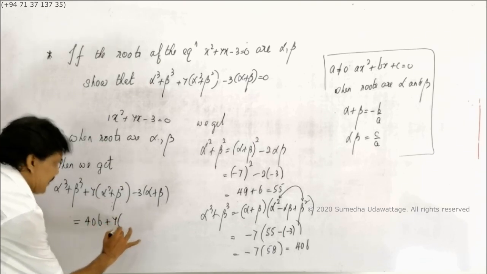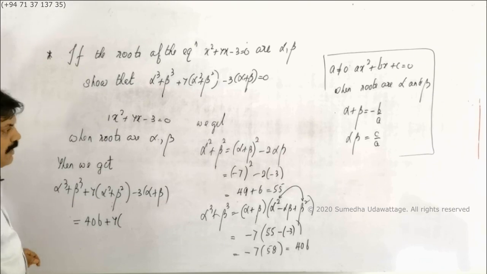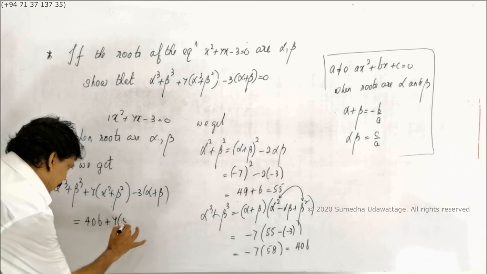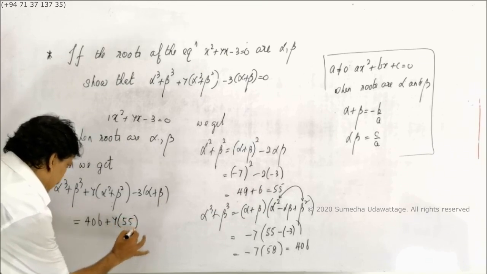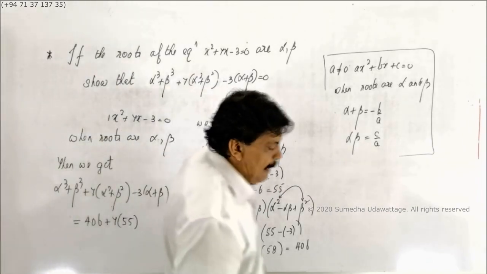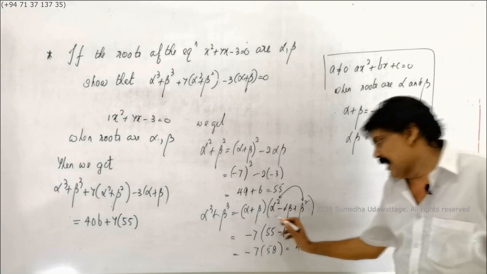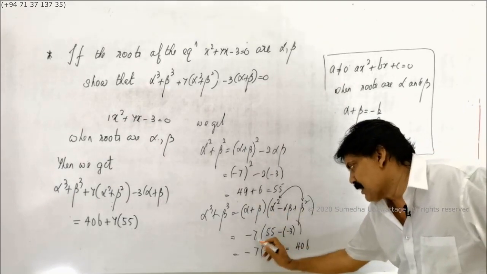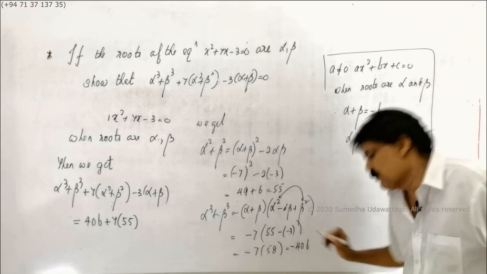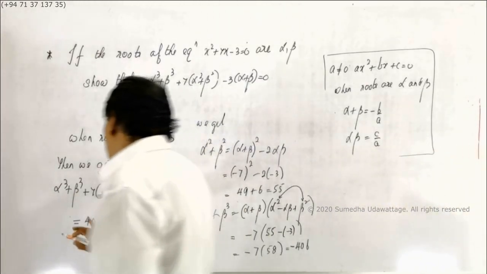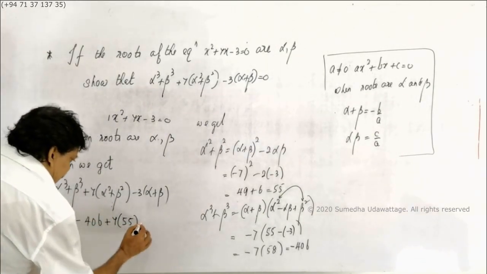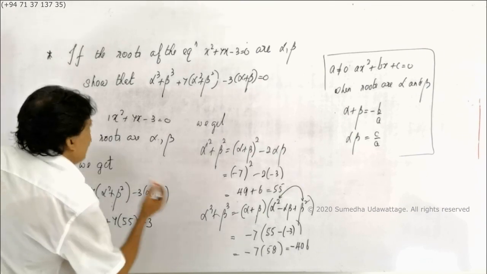Plus 7 times alpha squared plus beta squared, it was 55. Now alpha plus beta into this, alpha plus beta was minus 7, this was 58, multiplied, it was minus 406. Then this would be minus 406 plus 7 into 55 minus 3 times alpha plus beta